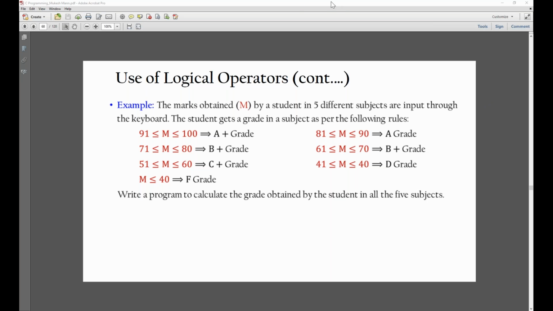Yes sir, we can use this type also। जैसे आपने सर लिखा है 91 लेस देन इक्वल टू m लेस देन इक्वल टू 100, तो हम डायरेक्टली ऐसे भी यूज कर सकते हैं विदाउट एंड यूज किए। बिल्कुल कर सकते हो, लेकिन अब उस वाले मेथड से अगर आप करोगे तो आपका स्ट्रक्चर देखो कितना बड़ा बनेगा। जो सेकंड मेथड आपने कराया था जिसमें लॉजिकल ऑपरेटर्स का यूज कर रहे थे, बट इसमें हम एंड का यूज नहीं करते। ओनली सिर्फ इतना लिख देंगे 91 लेस देन इक्वल टू m लेस देन इक्वल टू 100, ऐसे लिख सकते हैं।